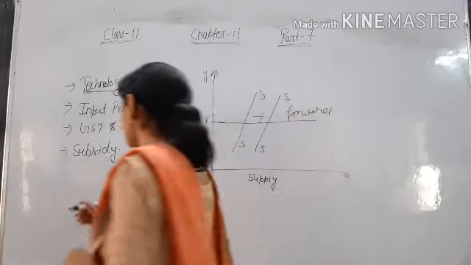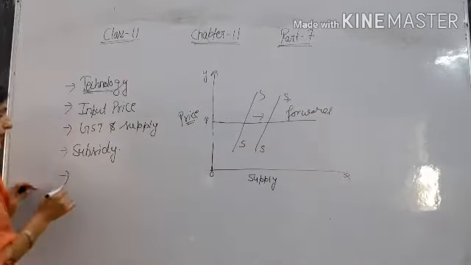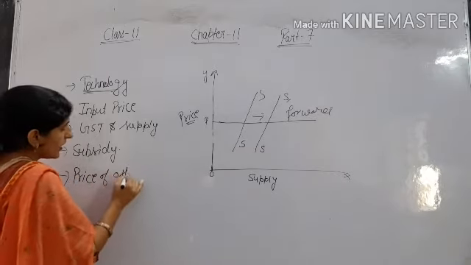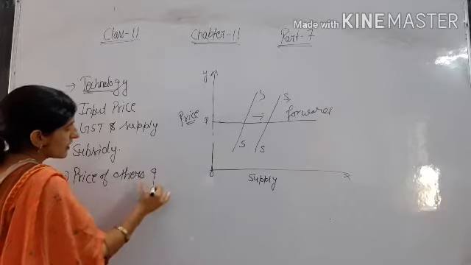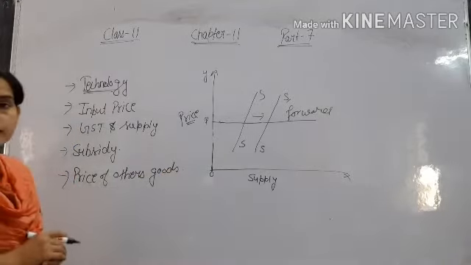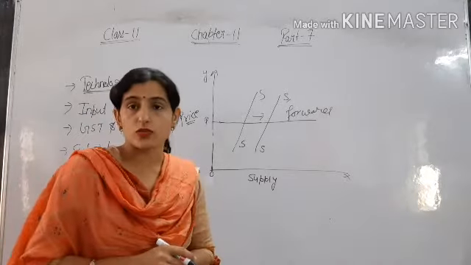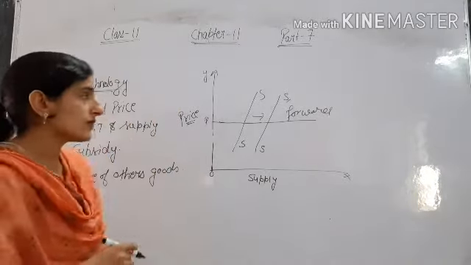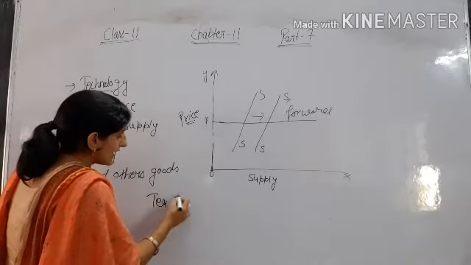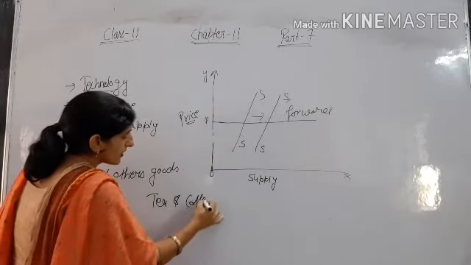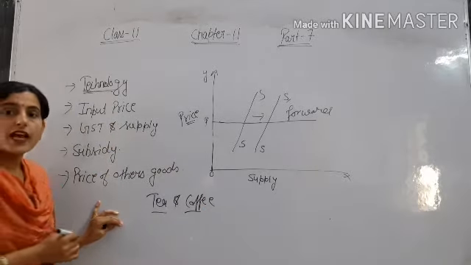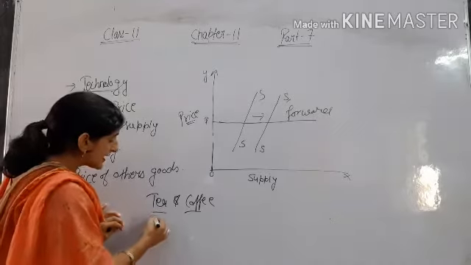Okay? The next is price of other goods. And what are other goods? In other goods, we include two types of goods: substitute goods and complementary goods. For substitute goods, we will take the example of tea and coffee. There are two goods, tea and coffee, and the price of tea increases,